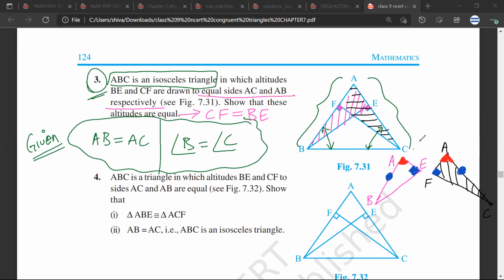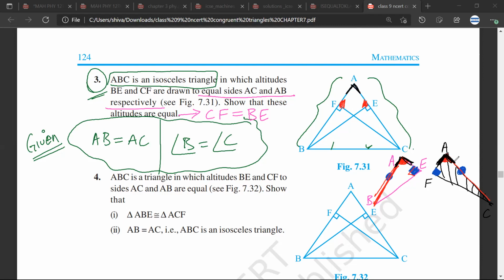No, Mr. Sarthak, there is a slight mistake that you have made. You are absolutely right that AB is equal to AC. Of course, AB is equal to AC. This is given to us. You are also absolutely right that this angle AEB is equal to angle AFC, because both are 90 degrees. But the slight mistake is that what you need to say is that this angle A is common to both the triangles. Sarthak, have you understood?